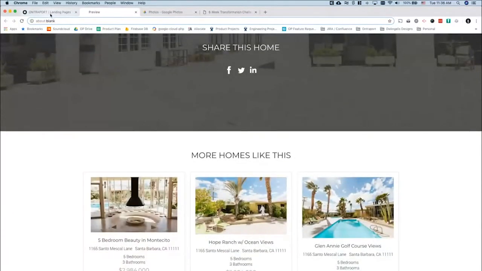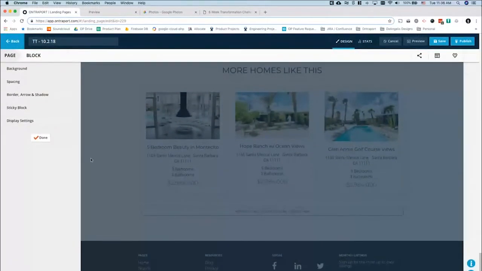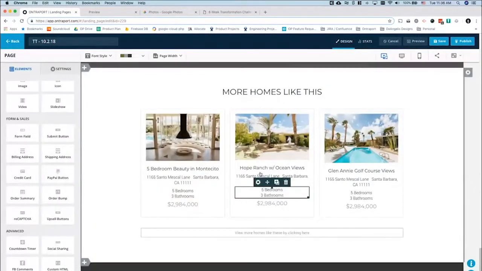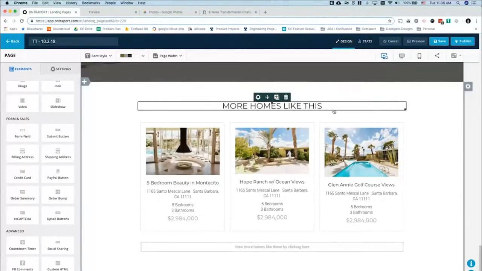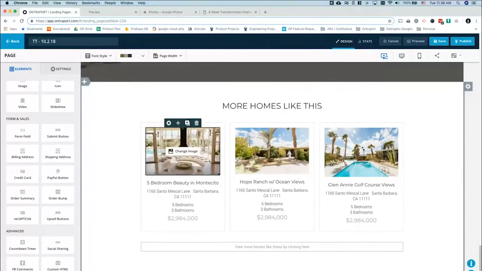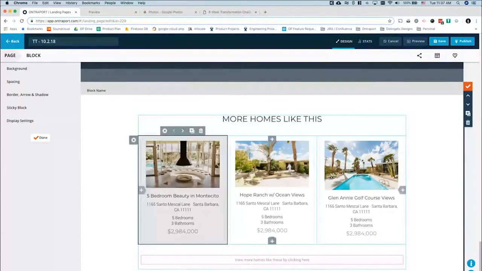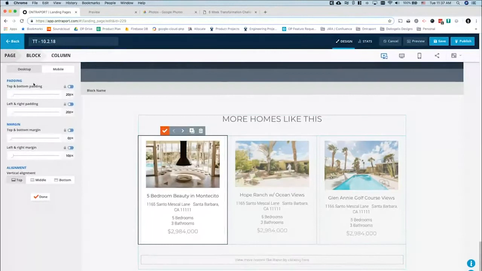And then finally, we have these little squares, or I guess we call them rectangles here. More homes like this. So just little ads for additional homes that are out there. All that is basically 3 columns. And then the spacing, we actually added left and right margin of 10 pixels to this so that we could get the spacing,